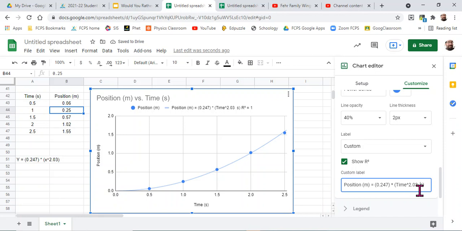I don't want it to be like the 2.03 has the units of seconds. That's kind of weird. Anywho, then the units right here, the units that go with the slope. Remember, because slope in terms of physics is a relationship between the rise and the run. So it makes sense we have units of meters over seconds. So meters per second, boom. Okay, and you know what? One other trick here. I'm going to put some extra spaces here,